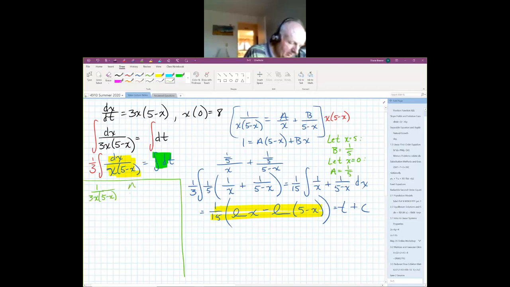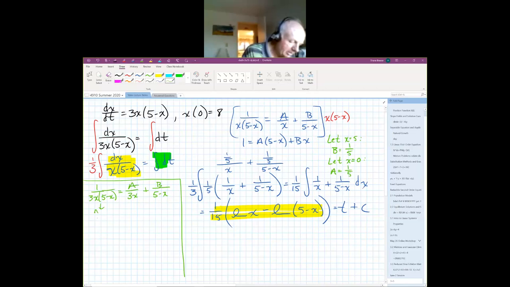So it'd be a over 3x plus b over 5 minus x. It might make a difference, we'll see. I'm feeling like it's going to make a difference, because I feel like this should break down into